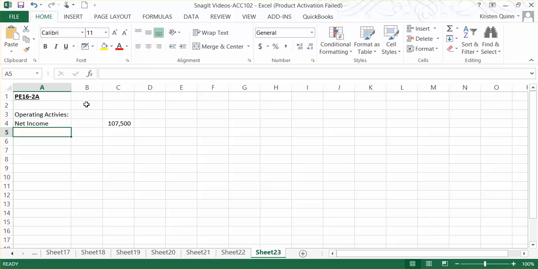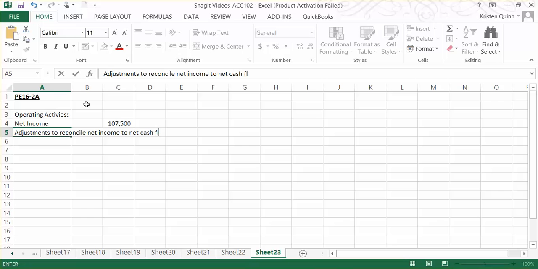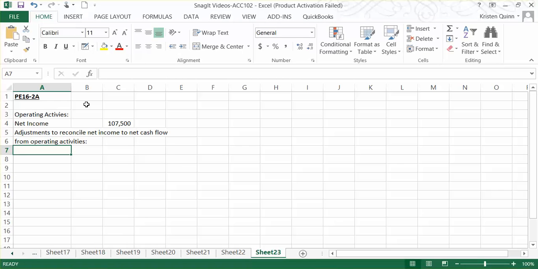So the first part of our operating activity section is going to be for adjustments to reconcile net income to net cash flow from operating activities. And this is when we need to look at our income statement. For any expense that is on our income statement but had no cash effect, we have to add back into the net income. For example,